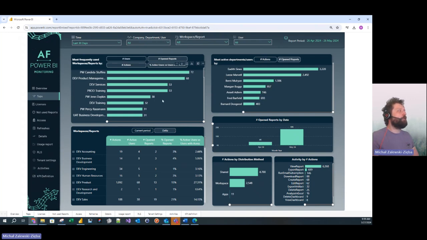So we can look at data from a number of users, basically how many users logged into specific workspace or report. We can look at this visual from number of opened reports. So this is a distinct count of reports that have been opened. For instance, in this workspace we have 22 reports. And here is the tricky part. If we navigate to the report level,